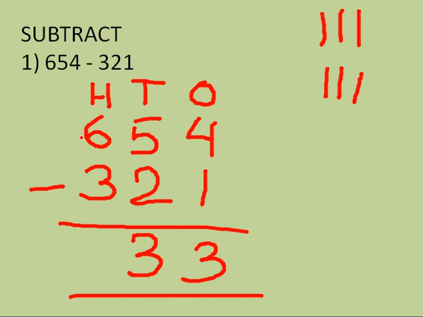Now coming to hundreds place, 6 minus 3. After tens place we will come to hundreds place, 6 minus 3. After 6 we are starting our backward counting and will go up to 3. After 6 it is 5, 4 and 3. Again here also it is 3. So what is the answer for this subtraction problem? 654 minus 321 is equal to 333. Okay, let us see some more problems to understand how subtraction of a 3-digit number is done.